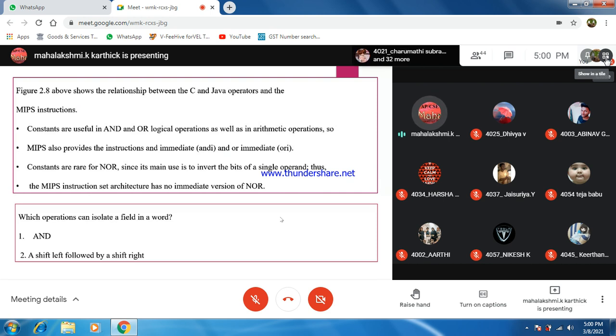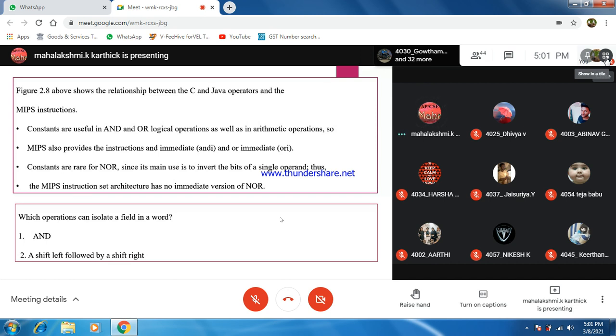If there is a constant, we can go for ANDI or ORI logical operations. MIPS also provides immediate AND and immediate OR instructions. Constants are rare for NOR, so normally we don't use immediate constants for NOR. They will just give a register, and you have to convert it to NOR.